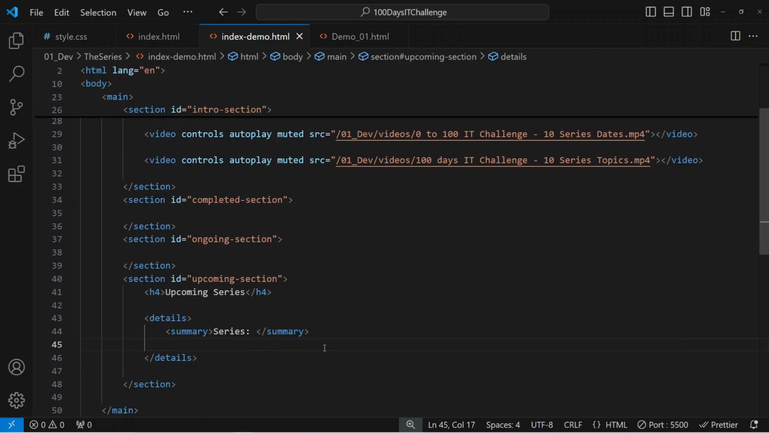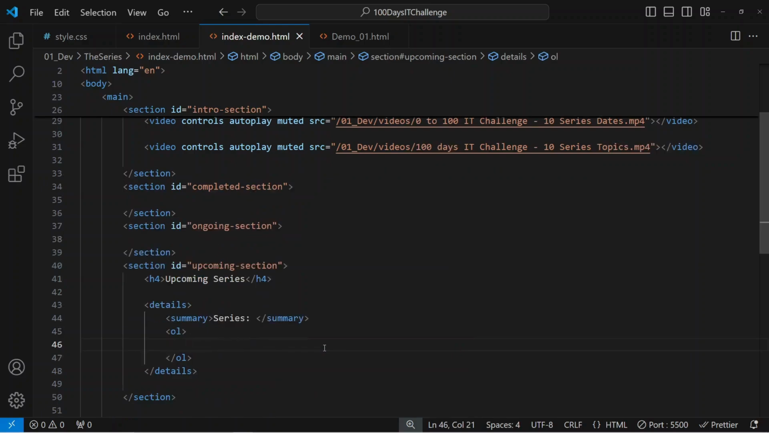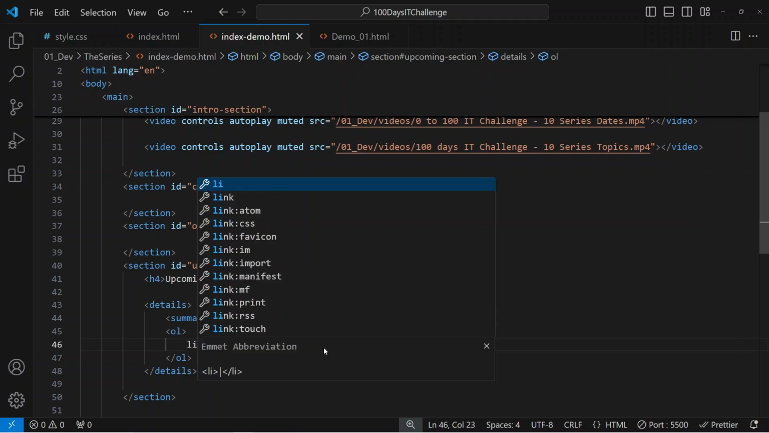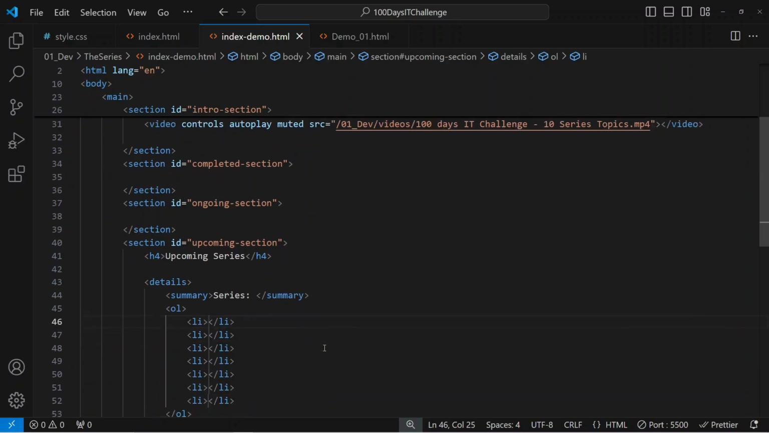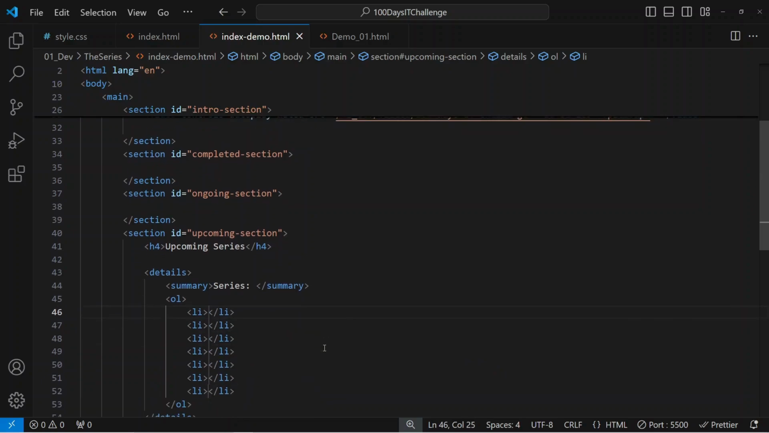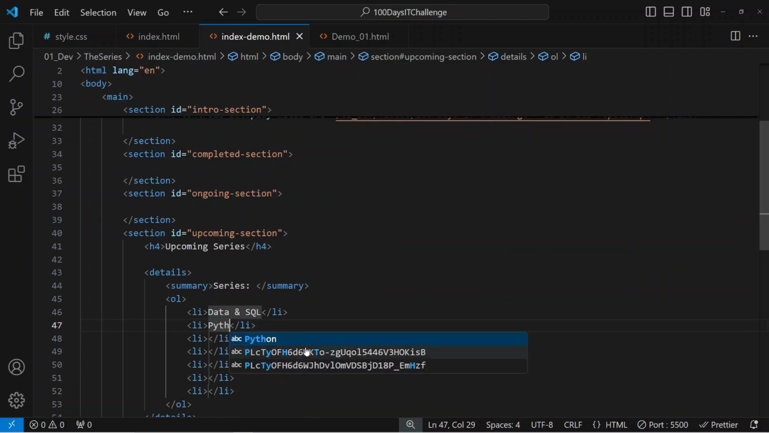So we can use an ordered list, and we're on series 3, so there's 7 more to go. So we're going to use 7 list items, li times 7. And the very first one should be data and SQL. Next, you should have Python and AI. I'm not sure if I can remember the order, but we should have cloud computing,